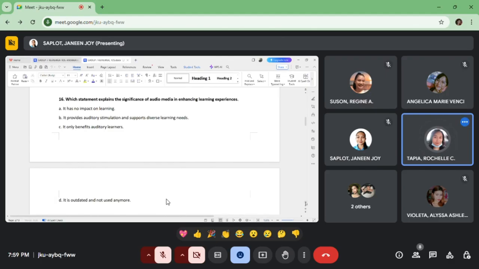Letter B, it provides auditory stimulation and supports diverse learning needs. So this is the most accurate statement. Audio media caters to different learning styles, particularly auditory learners who process information best through sound. It can also be used to enhance visual learning by providing background music, sound effects, or narration that complements visual